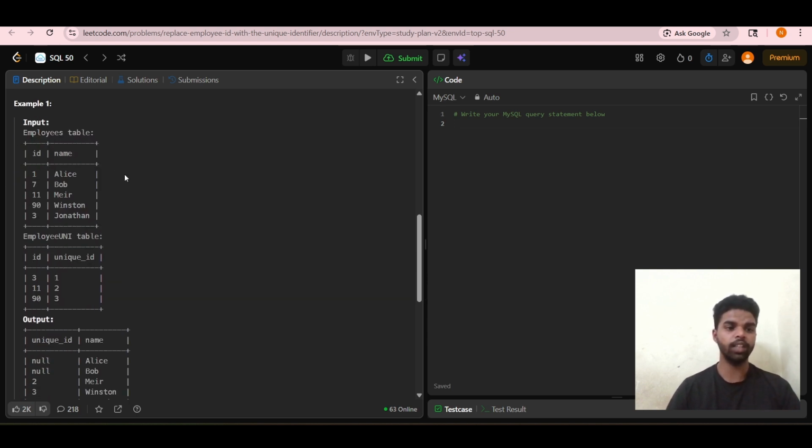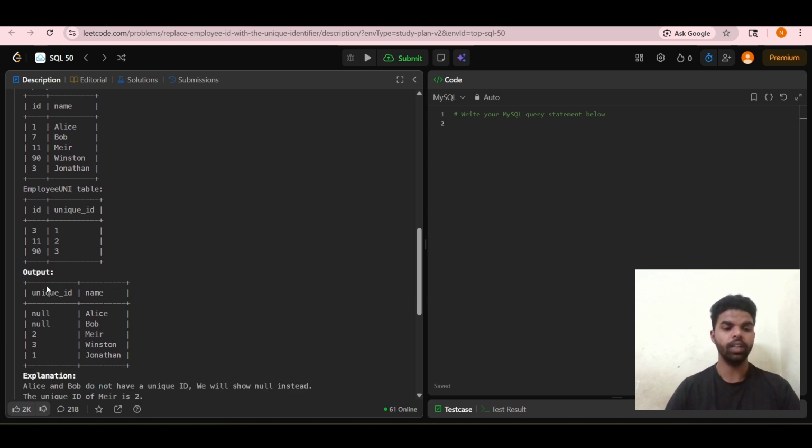So here we have an example. We have an Employees table and the second one is the EmployeeUNI table. In the first table we have ID and name: 1, 7, 11, 90 and 3. And in the second table, EmployeeUNI, we have 3, 11 and 90. And what is our output? The output is unique ID and name. In EmployeeUNI, we have IDs 3, 11 and 90 present. So let's check: 3 is Jonathan, 11 is Meir, and 90 is